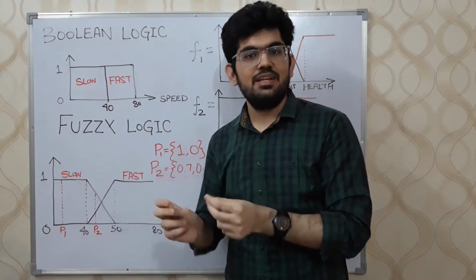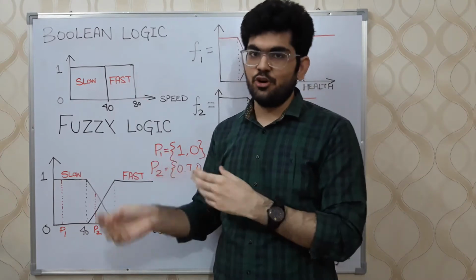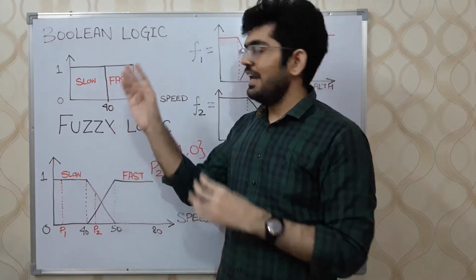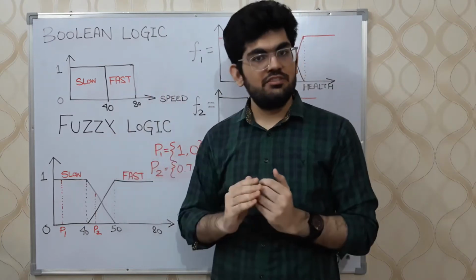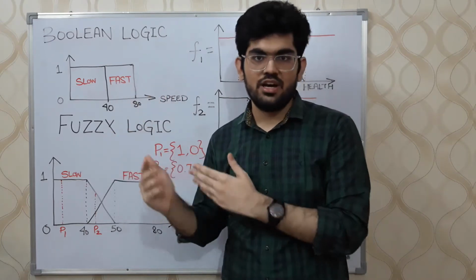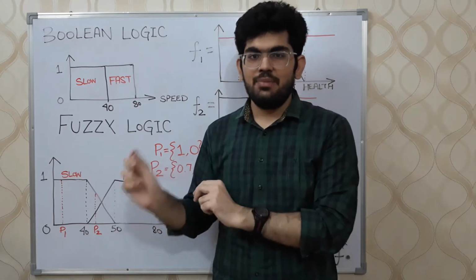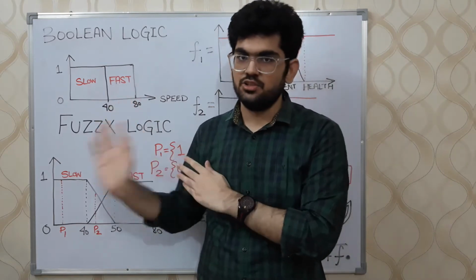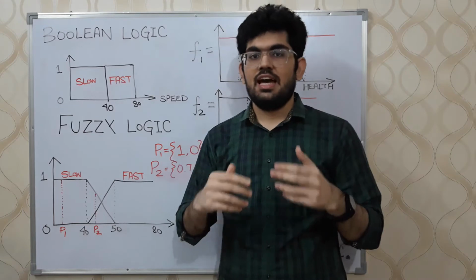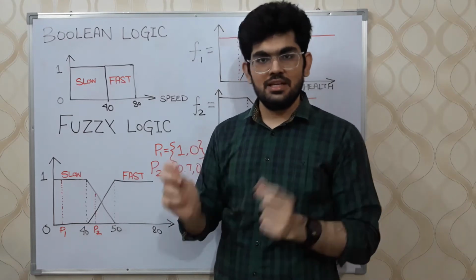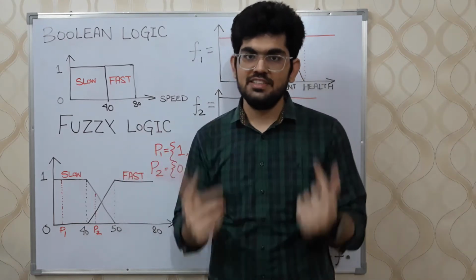We can observe a similar issue when the speed is, we can say, 40.01. We can consider it a fast car, but according to the definition, we can also consider it a slow car as well. So we can see that Boolean logic is not very well applicable to these boundary conditions. Therefore, we have another framework that is similar to Boolean logic, which we call fuzzy logic.